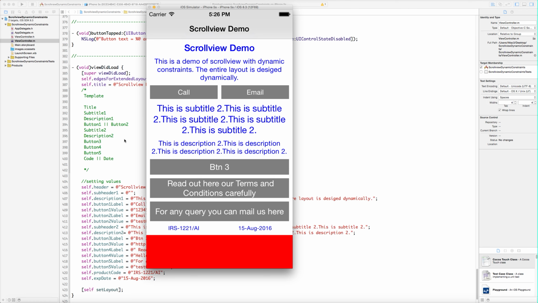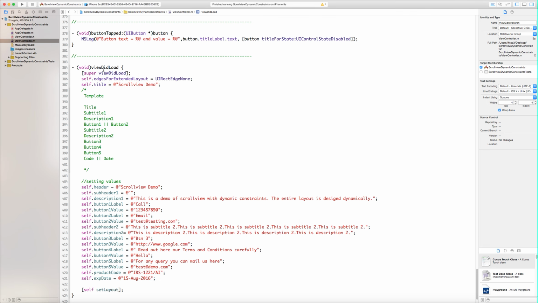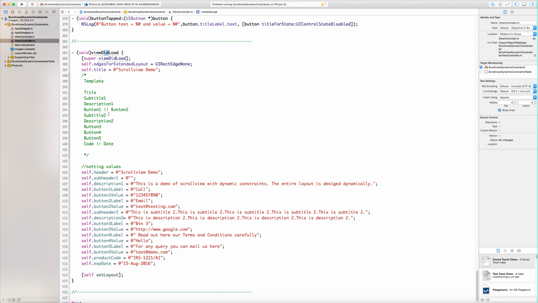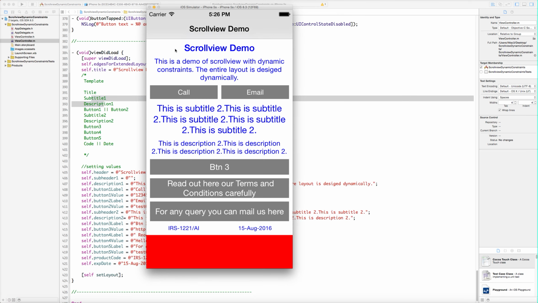Okay, so let's go through the code, and this is my viewDidLoad method, and this is the template, that is at the top the title, then subtitle and sub description, this one. And then we have button 1 and 2 on the same line, that is a call and email.